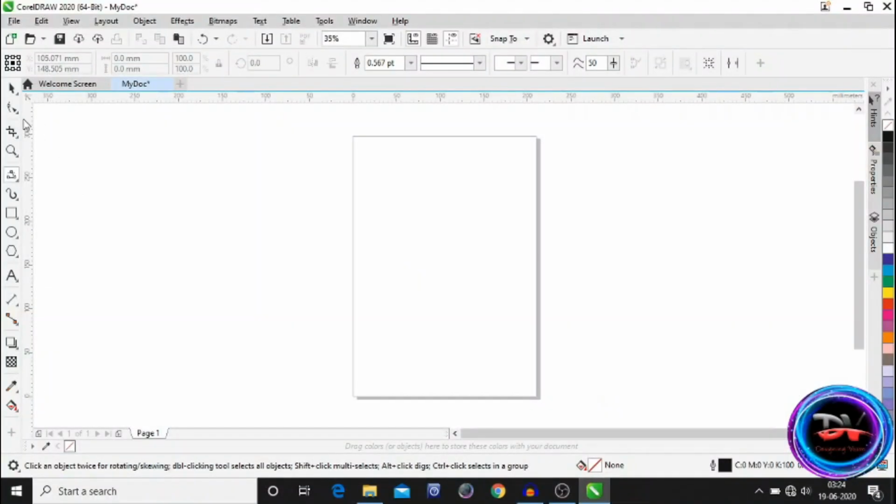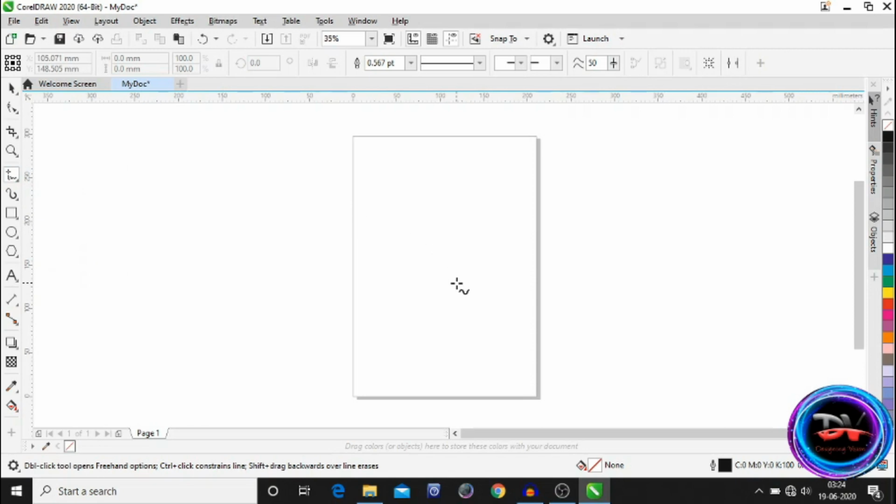So this is our toolbar. Here you can find various tools for the creation of objects. The first thing which we will discuss is drawing tools. This starts from the freehand tool, which is placed at the 5th position. You will see a small drop-down button at the bottom right corner. Here you will find more drawing tools. In this you have the freehand tool, 2-point line, Bezier tool, pen, B-spline, polyline and 3-point curve. So we will discuss them one by one.